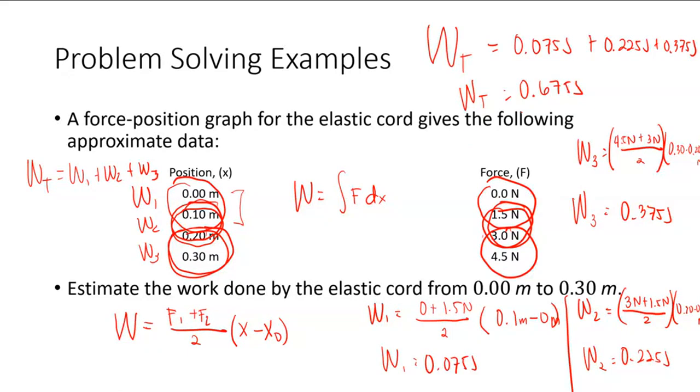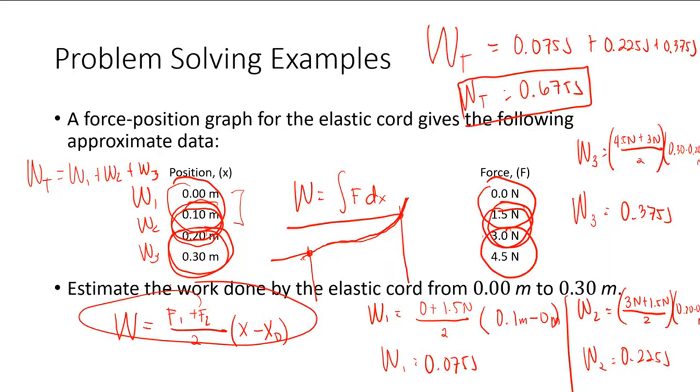0.675 joules. So this will be the work total. Now again, in your experiment, just pick 2 points from your force versus position graphs. The graph looks like this. You pick a position here and you pick a position here. And then please take note of the force between these 2 positions. And then you calculate for the work done.